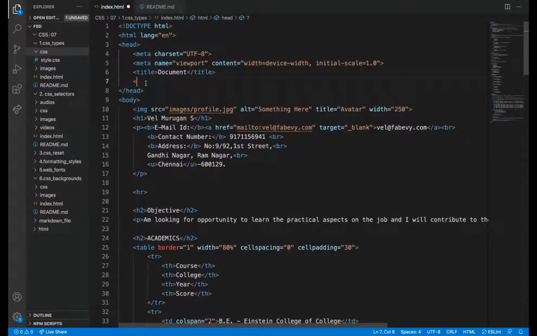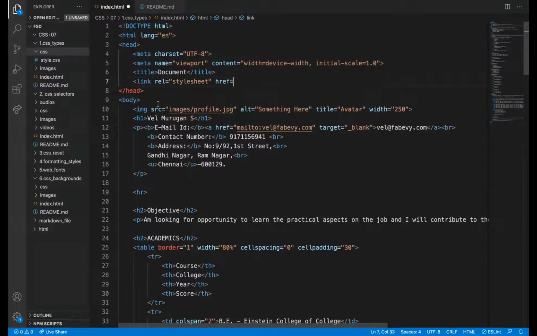So what you need to do is link this, rel, relation, stylesheet. One second. And then href.